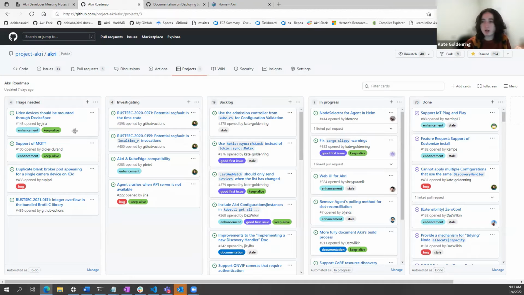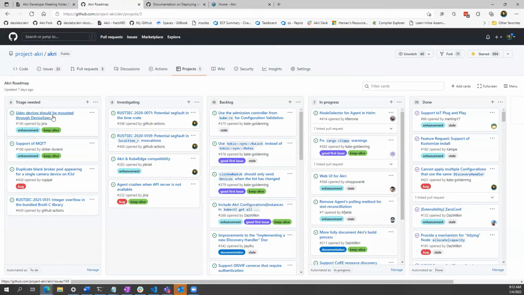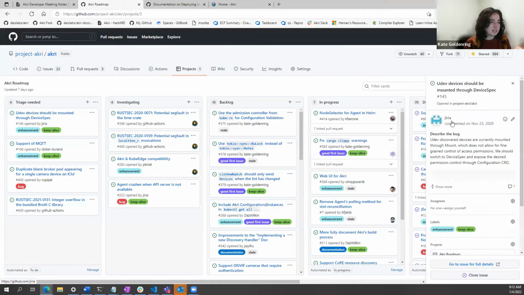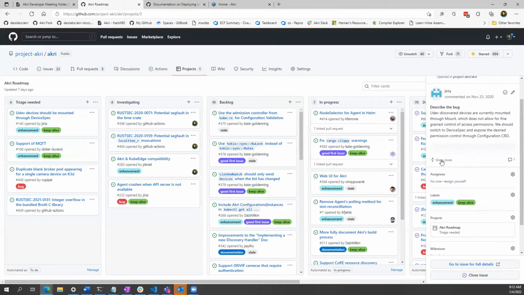I think they were closed automatically and I reopened them because I wanted to keep them alive. So when that happens, we seem to have to re-triage. Probably, yeah. Interesting. We should have caught it before it closed, I guess. So this is a good time to review this issue.